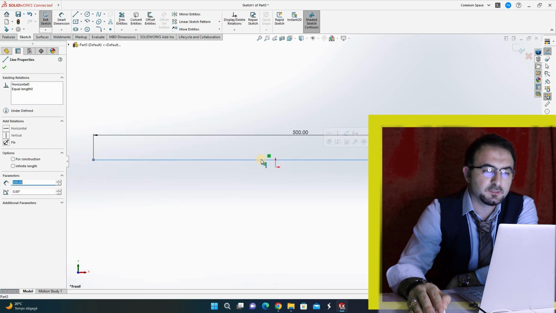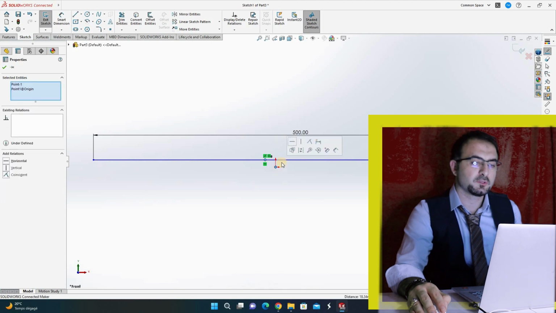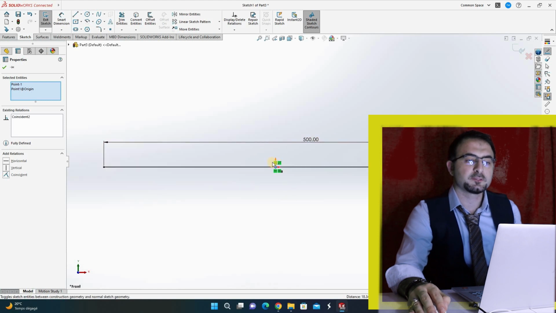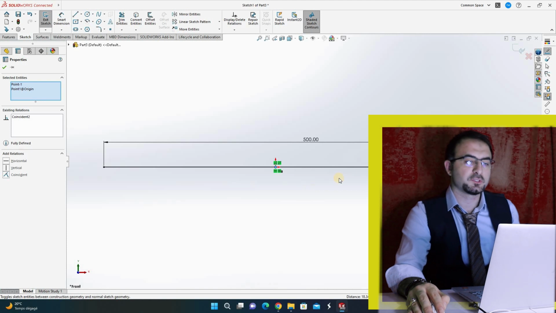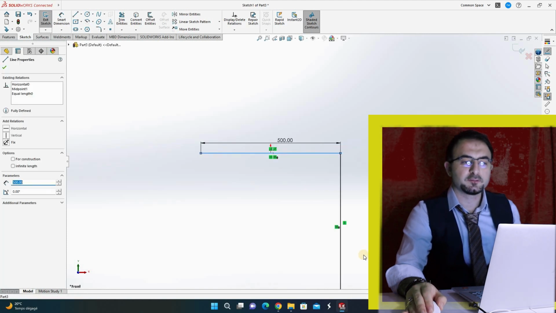For example, I can click on this point and the point of the origin with Control, and then I can do coincident, so this point is in the same position as the origin. So I have many functions, for example